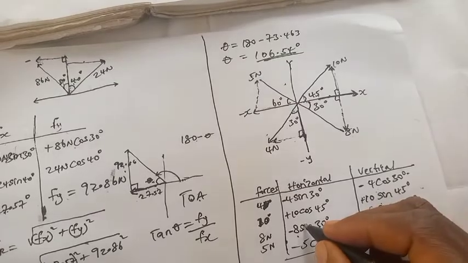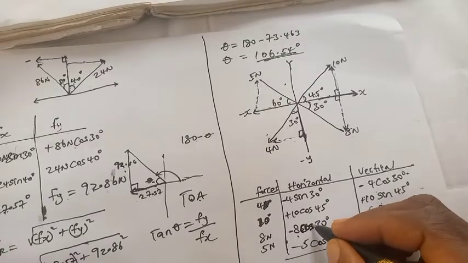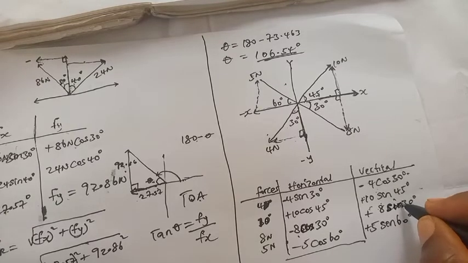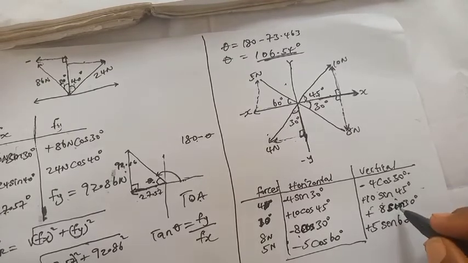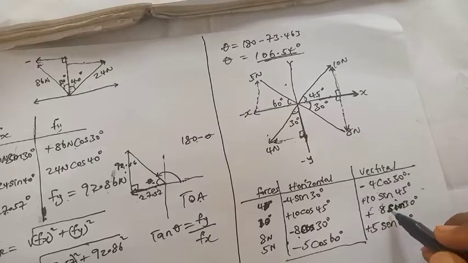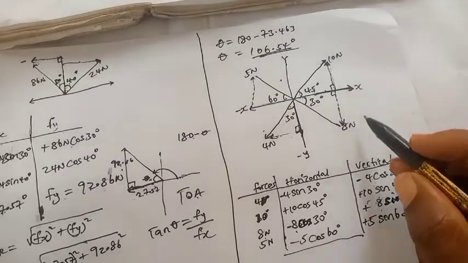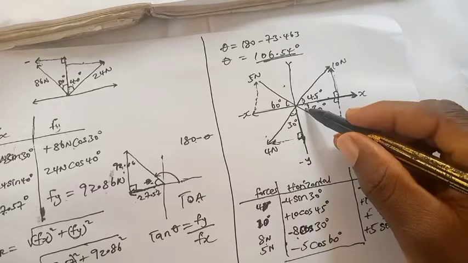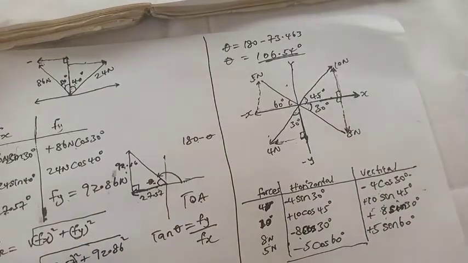So there's a mistake somewhere. This is cosine, sorry for that. And then this one is sine. So the 8 Newton force, the vertical component is going to be sine. This is the vertical component, it's facing the angle,